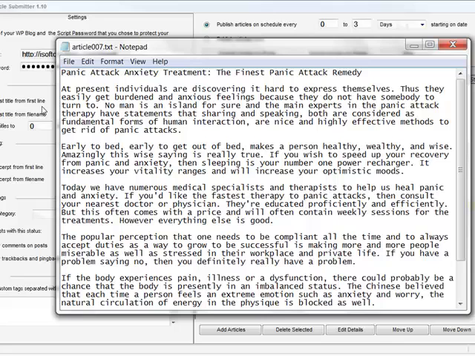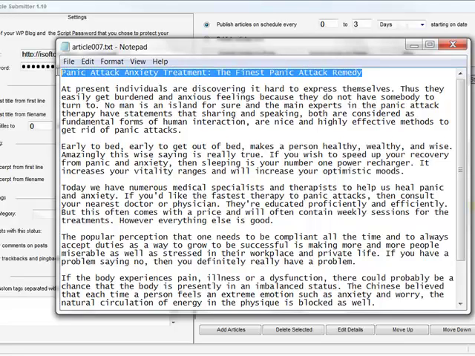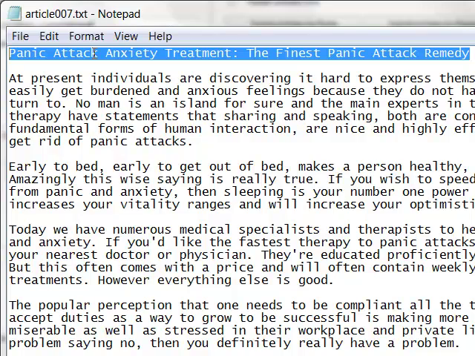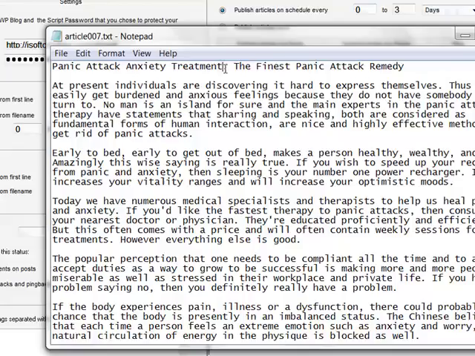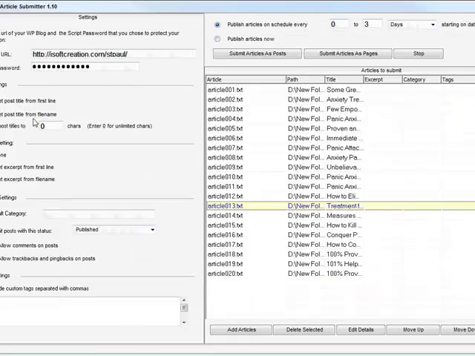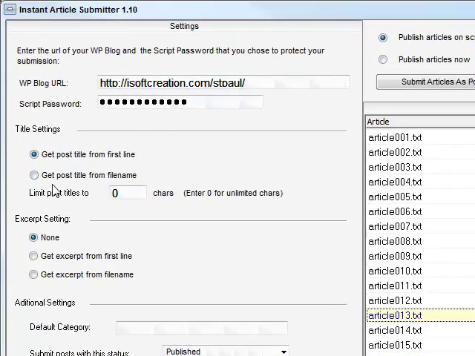So if you select this, it will take this as the title for your post. It's a very good way if you want to do some SEO, because normally you include a keyword inside the title of the post, right? So I usually go for this. And if you want to get the